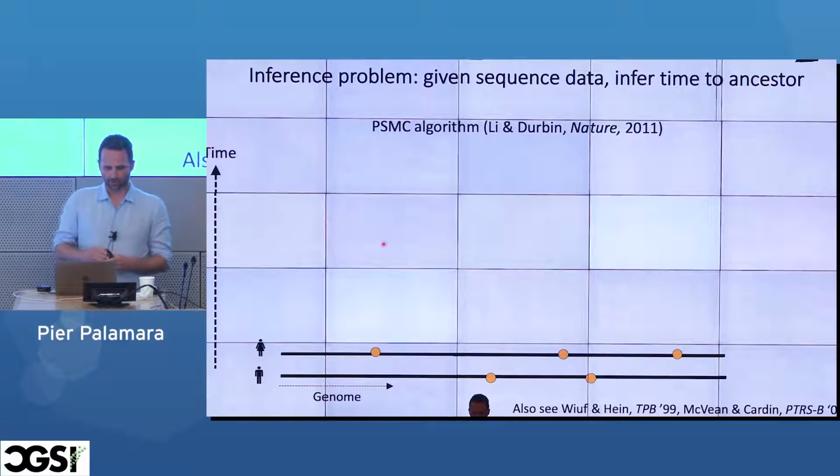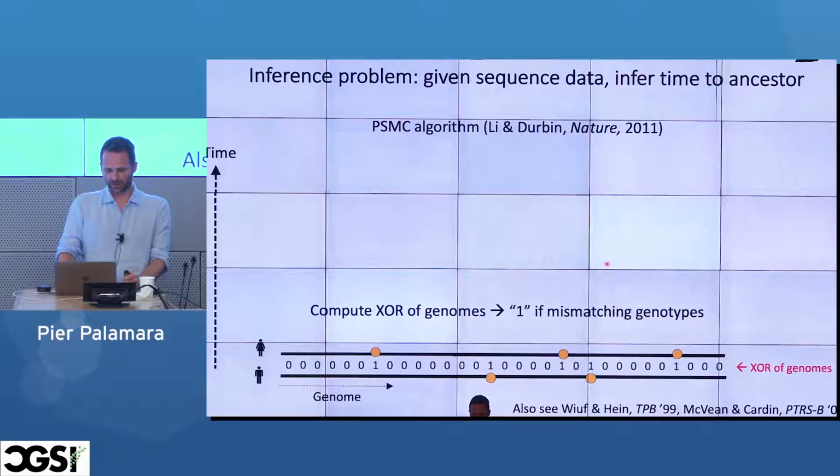So what you do is you take these two haploid genomes, and then you compute the XOR. For each position, you keep a 1 if they're different. So in this case, this chromosome has a mutation, this doesn't, so we have a 1. If they're identical, it could be homozygous derived or ancestral, we don't care, you have a 0 here. So we just compute the XOR of the two bit sets, the two strings that describe the chromosomes.